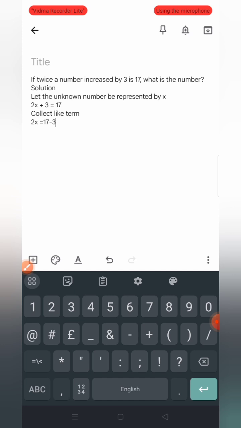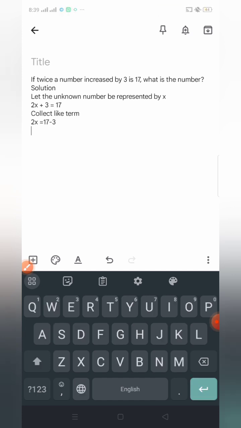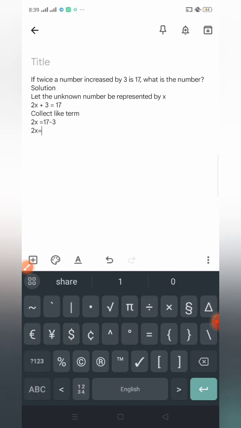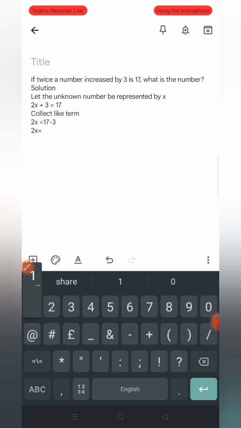And you know why that is minus 3? Because the positive sign is crossing the equals sign and becomes negative. And so the answer will be 2x equals 17 minus 3, which will give us